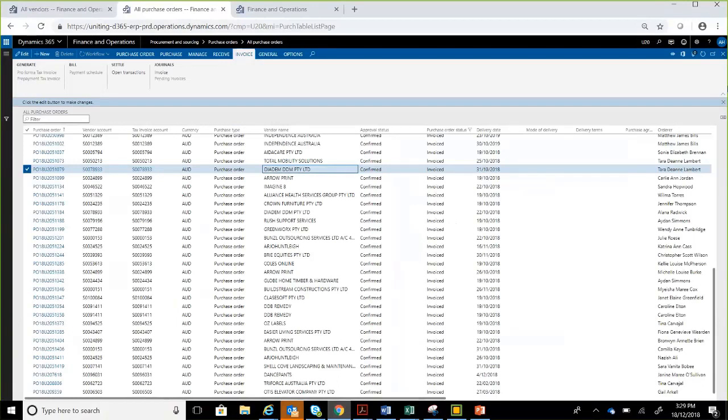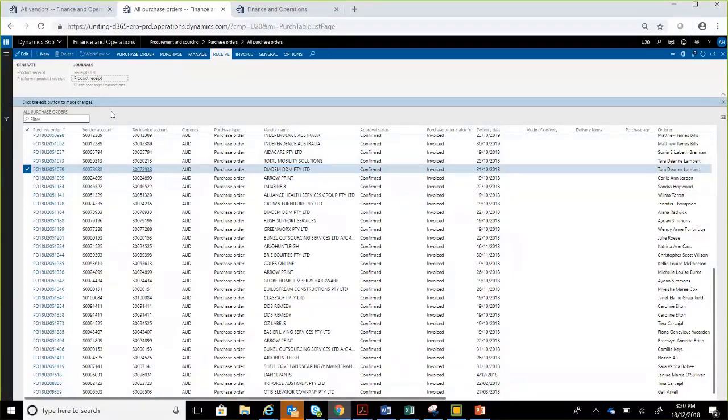Okay, so the next question we've got is if a PO has been received pre-GST, so ex-GST, but doesn't match because it needs to be received inclusive of GST, the person's tried to receipt again, but it won't let you do it because the system validates that you've already received that invoice number. If that's happened to you, you need to go in and you need to correct the original receipt that you've done. So you go to your purchase order,